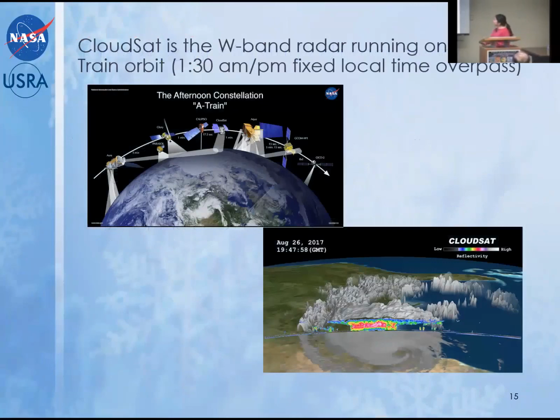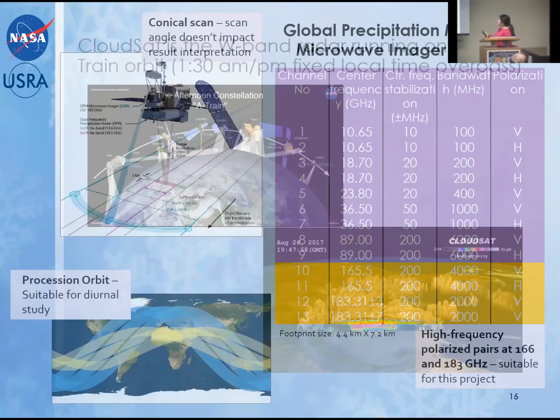I think most of you are pretty familiar with the CloudSat. It's on the A-Train, so it's fixed at local time, 1:30 a.m. and 1:30 p.m. But the good thing is that CloudSat scans through the cloud, so it can see from cirrus cloud down to the precipitation. If it's not too heavy precipitation, CloudSat is okay. And the